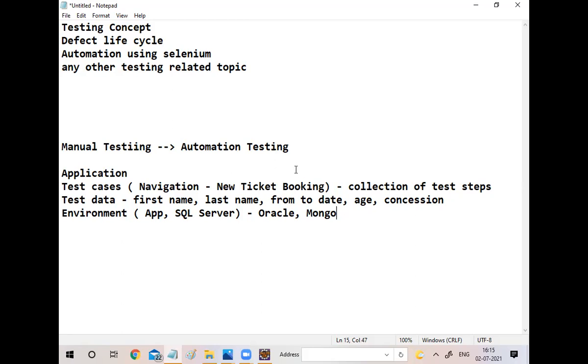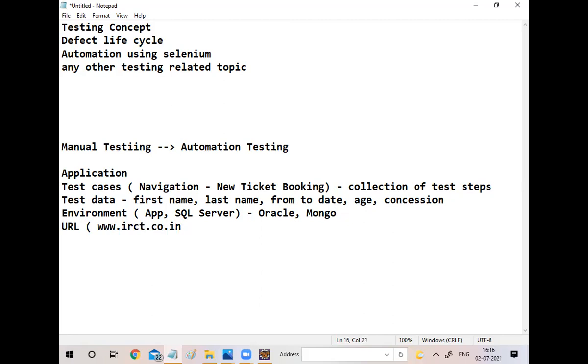Okay, fine. And also, as a manual tester, what will you do? Simply you are going to open the URL. They are providing the URL, right? The IRCTC site URL, irctc.co.in.